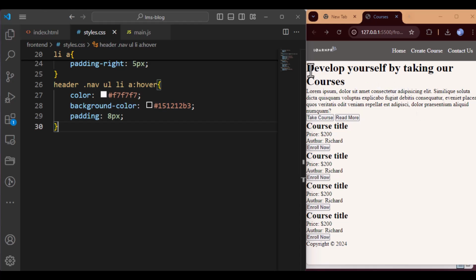We have to develop yourself by doing this. So let's have